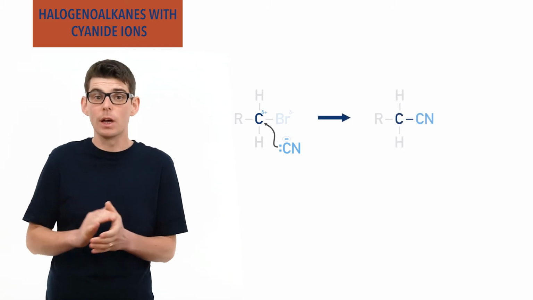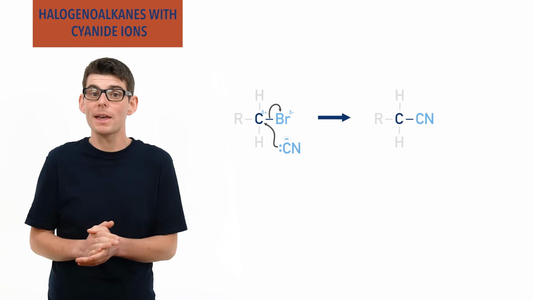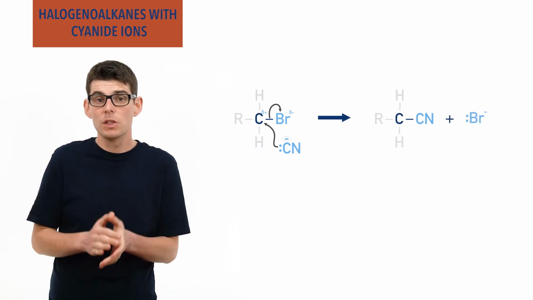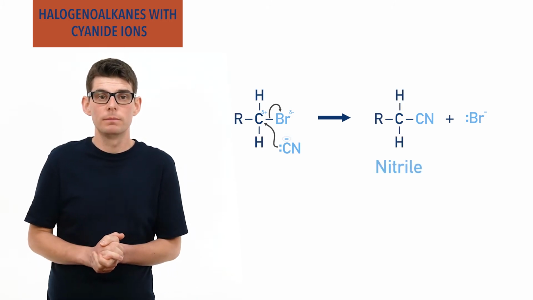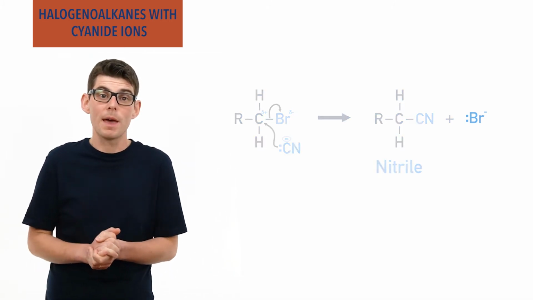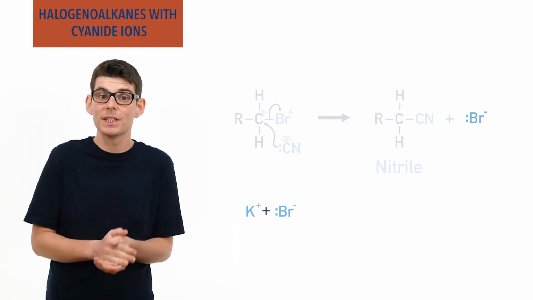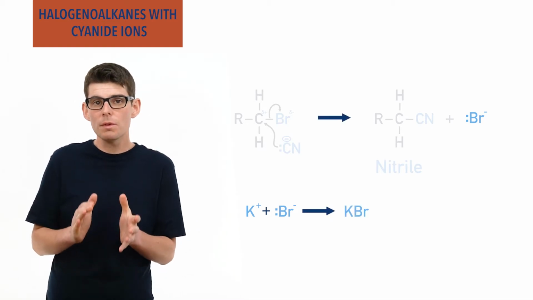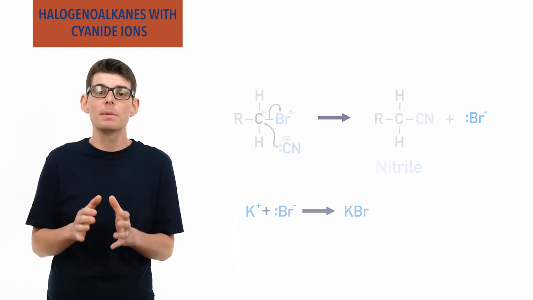At the same time, the carbon-halogen bond will break, with the bonding electron pair going to the halogen, forming a halide ion. The original halogenalkane has become a nitrile. The released halide ion can pair up with the positively charged potassium ion from the original potassium cyanide and form a potassium halide salt. During the reaction, there is a very brief period of time where the incoming cyanide ion